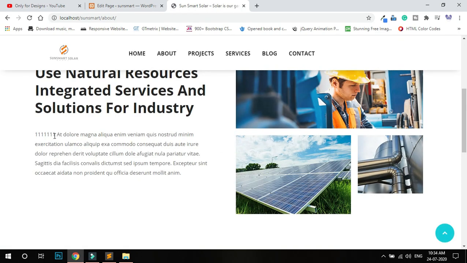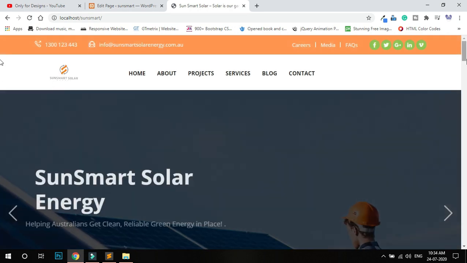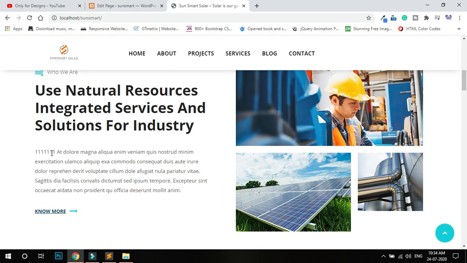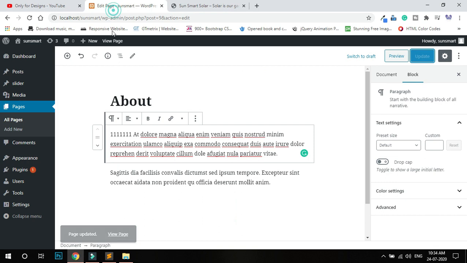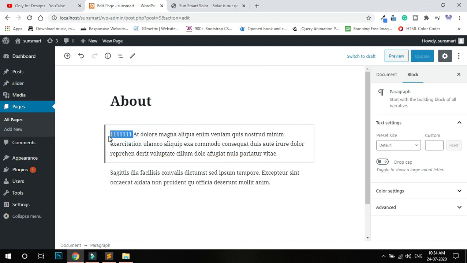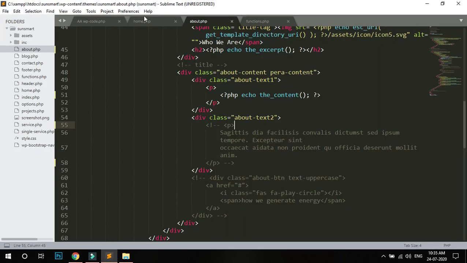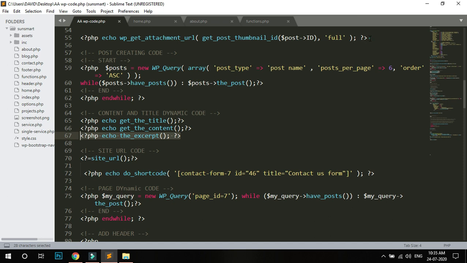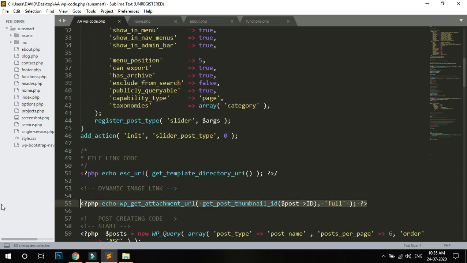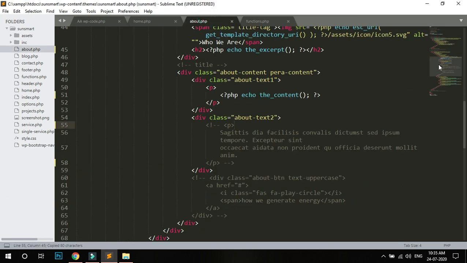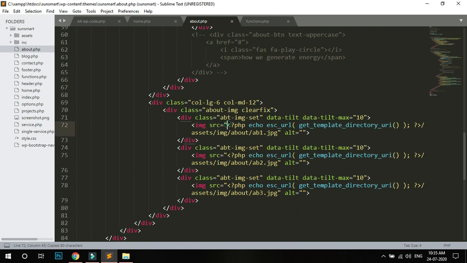You can see 111 on the home page. So my about section is all dynamic, done. And I also need one image in the about page, so I give the image dynamic link, this one, copy and paste here.